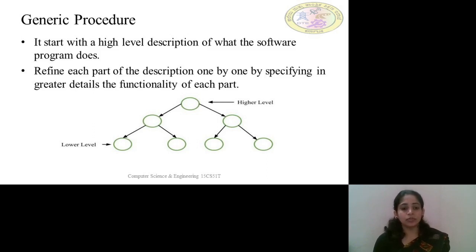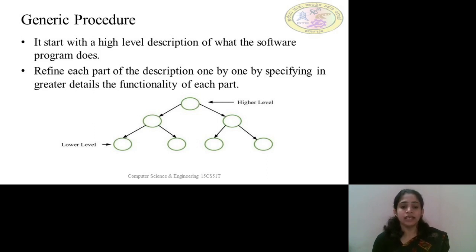In the generic procedure, it starts with a high level description of the functionality of the software. We could see in the diagram that there will be different modules, and we have higher level modules and lower level modules. We divide these higher level modules into sub modules, and again into sub modules.